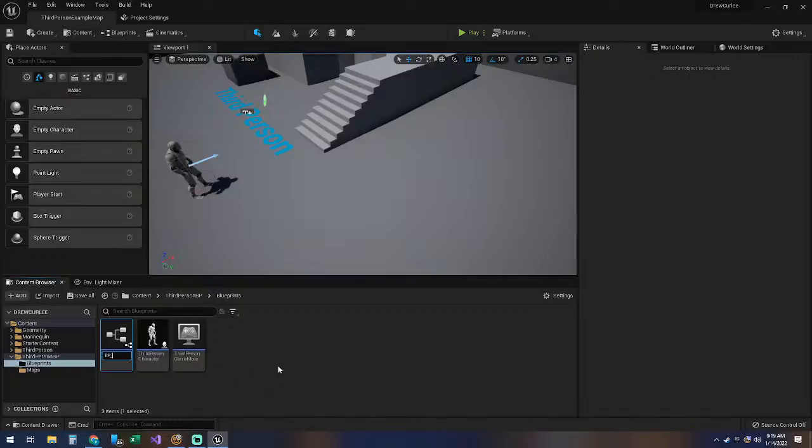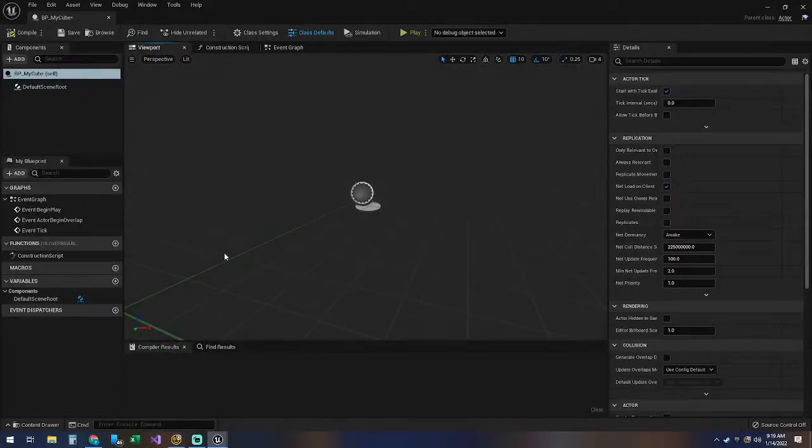So I use BP to prefix my blueprints, as in blueprint. My cube. So we're going to create a parent cube, and then that'll make it a lot easier to manage all the child cubes that we decide to create, all the different types. So this will contain the logic for it, so we don't have to recreate the wheel a bunch of times over. So let's add a cube,